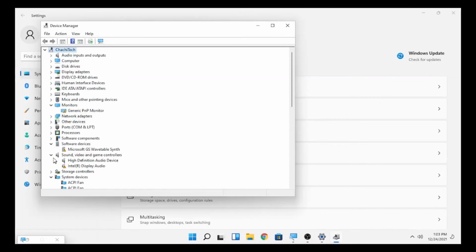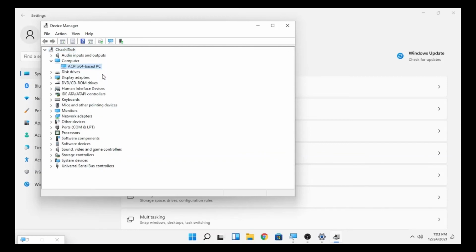For example, related to the display, select update driver and search automatically, and the best driver is already installed for my computer. But check each of the drivers whether updated successfully or not, because outdated drivers may be causing the restarting problem.